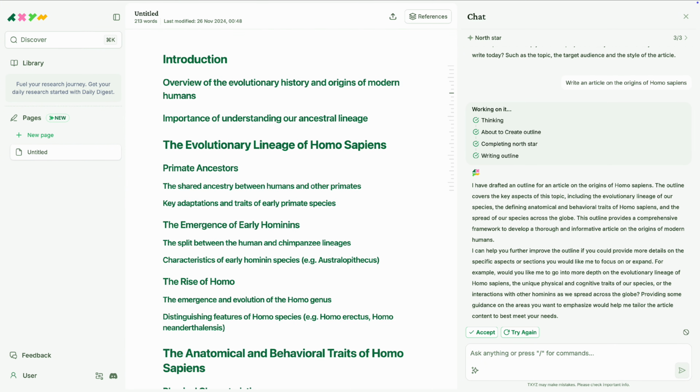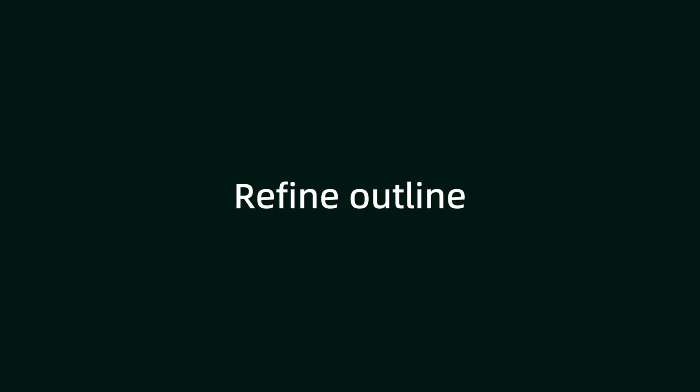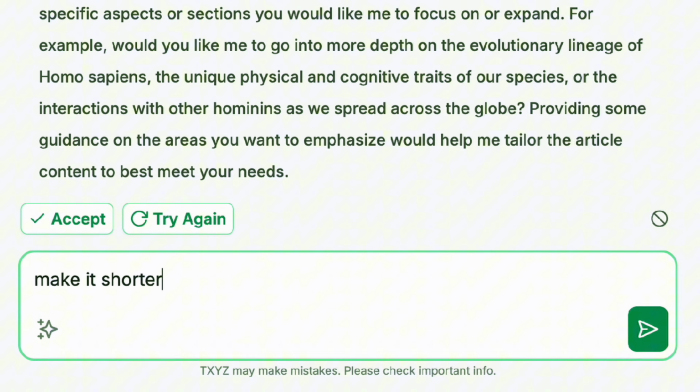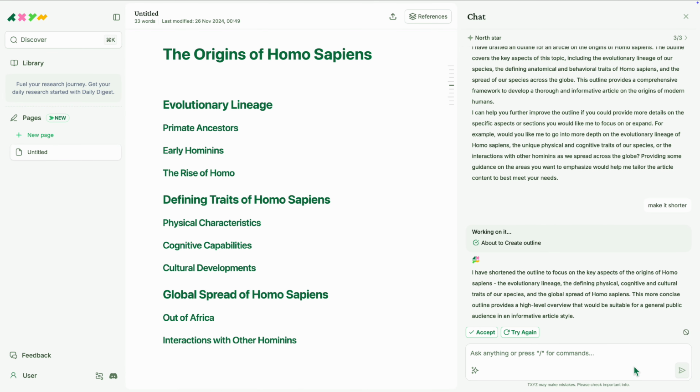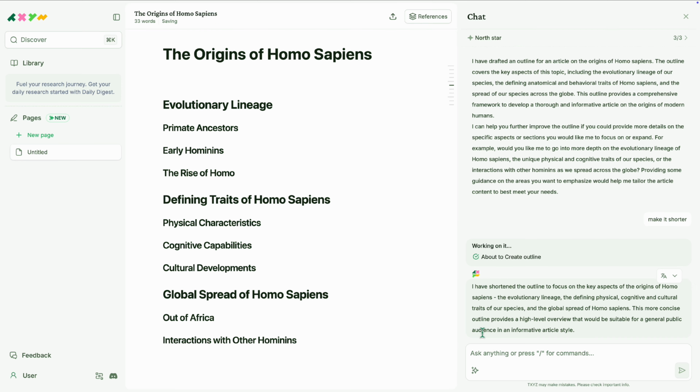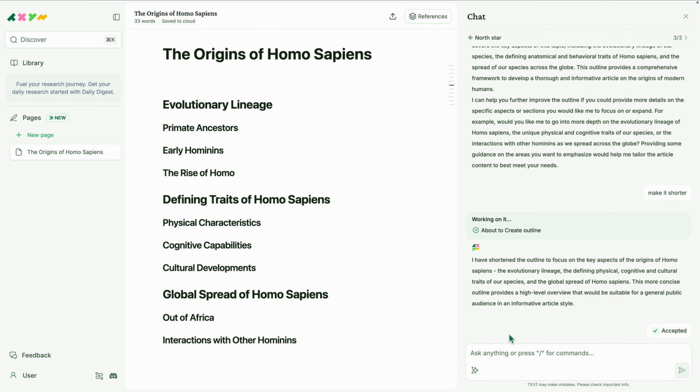I want to make the outline shorter. Let's chat with AI about that. Oh, AI adjusted seamlessly. Now for the exciting part, I want the AI agent to help me complete the entire